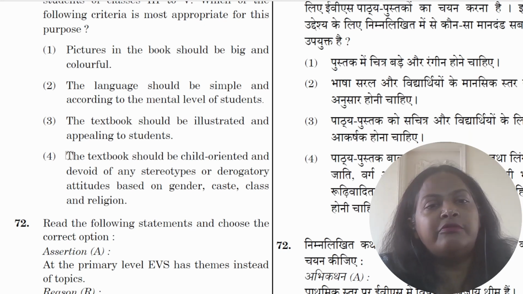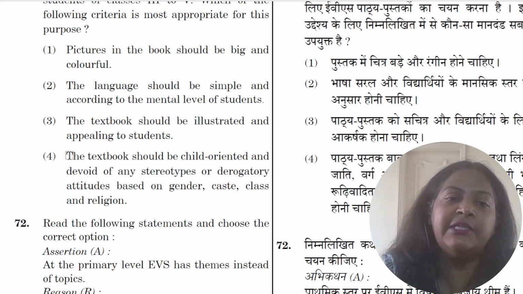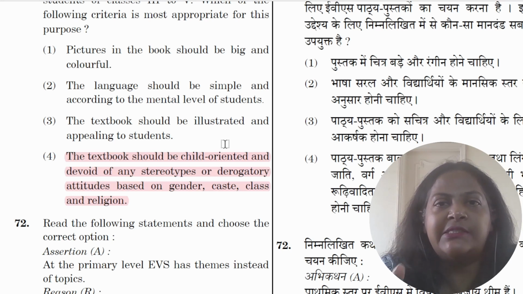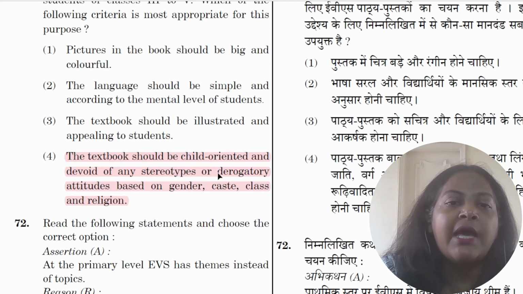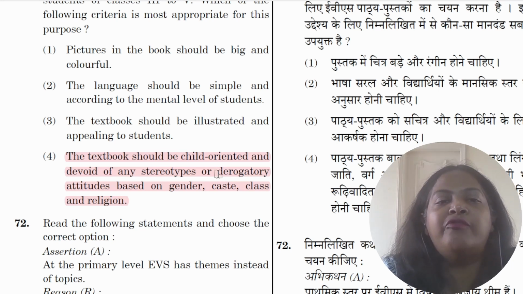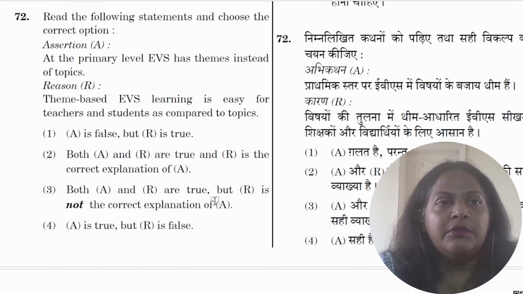Let's see. 4, the textbook should be child oriented, devoid of any stereotypes or derogatory attitude based on gender, caste, class, and religion. So this would be the best. Yes, it should be child oriented, which means it is simple and appeals to the child. And most important, as an EVS textbook, it should be devoid of stereotypes and any derogatory attitude. So fourth is the best option.